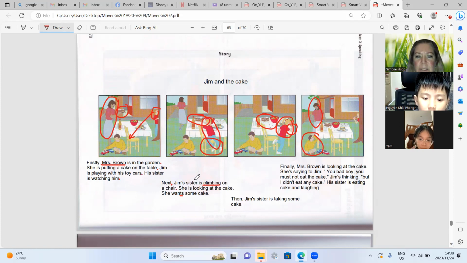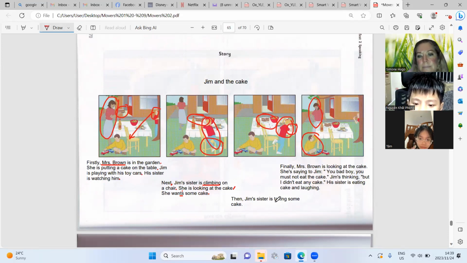Next, Jim's sister is climbing on a chair. She is looking at the cake. She wants some cake. Then Jim's sister is taking some cake.